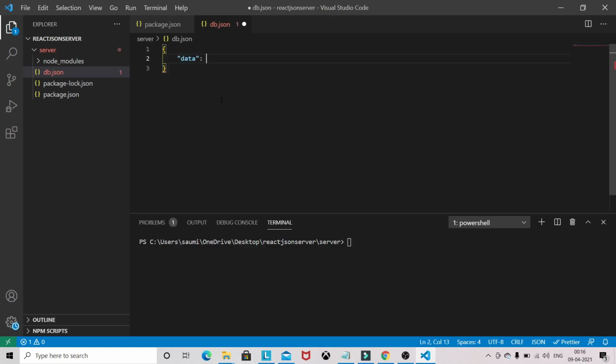For now I will put some dummy data so that I can show you in the browser. It will be like an ID; the ID will be something like one, and name James.